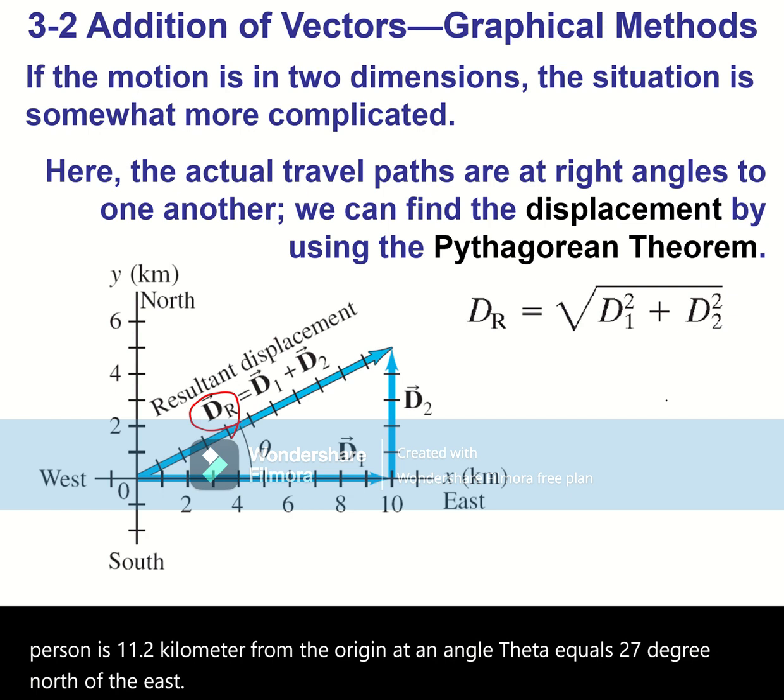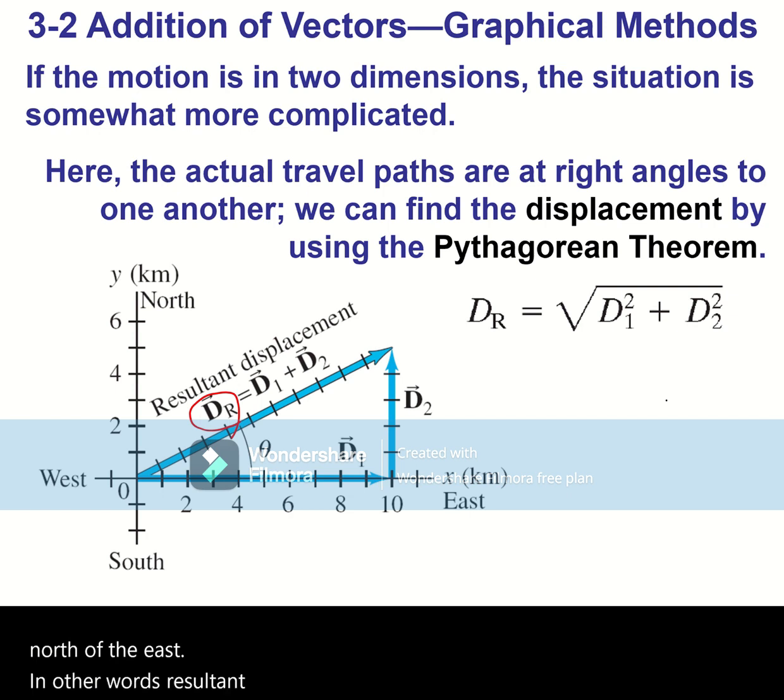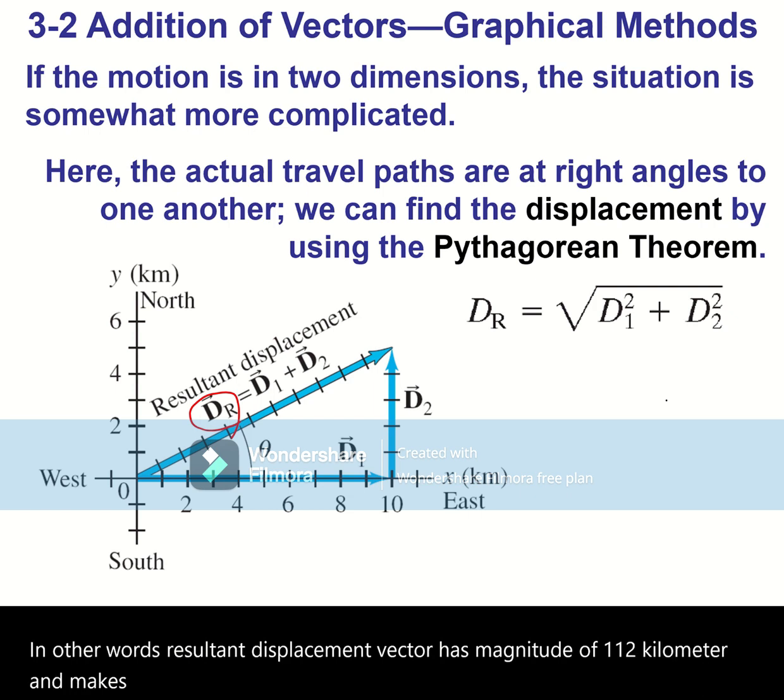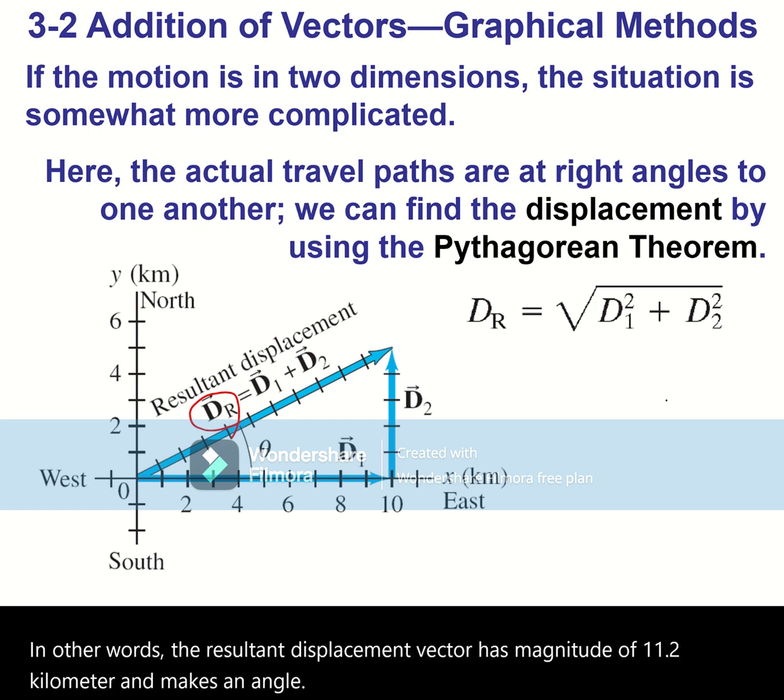In other words, the resultant displacement vector has a magnitude of 11.2 km and makes an angle of 27 degrees with the positive